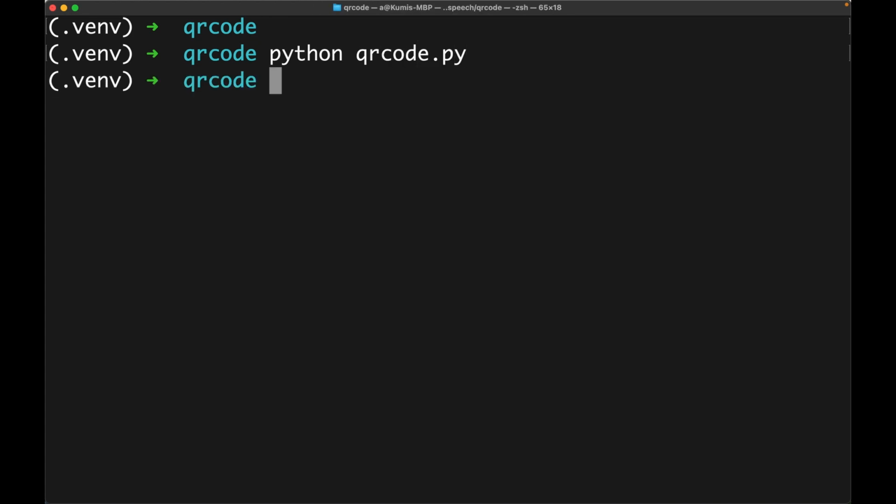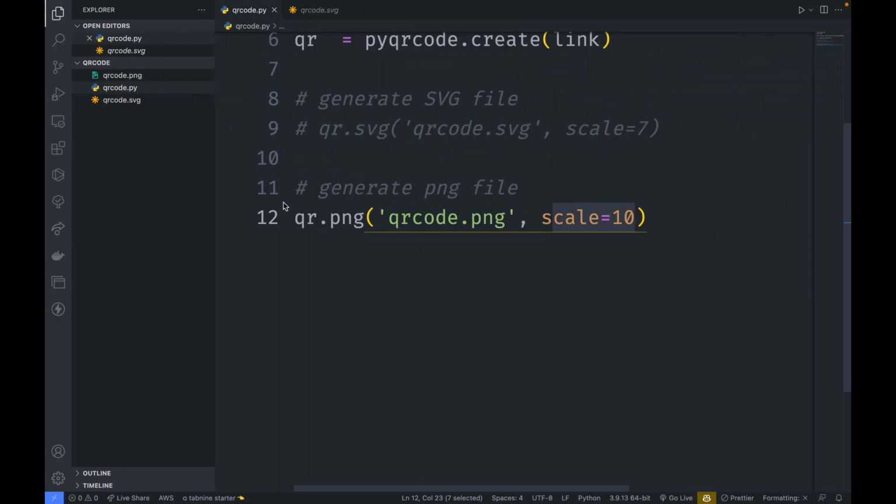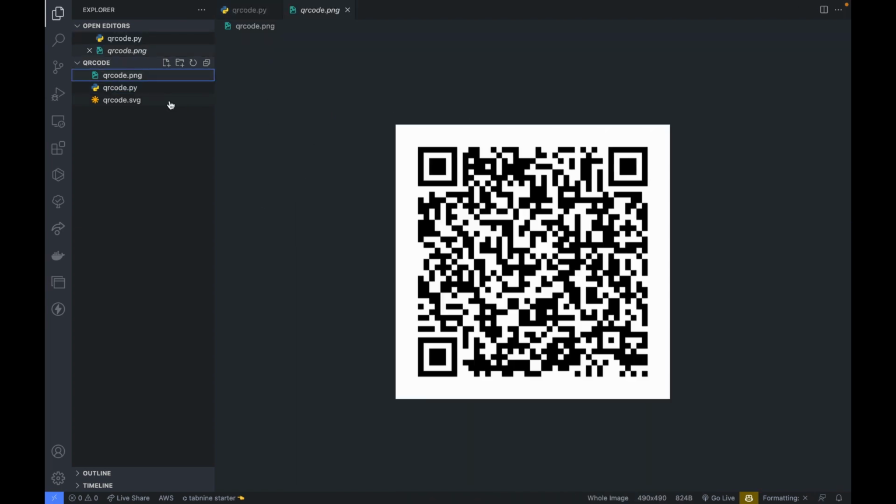I will hit enter. No error. So that means the QR code has been generated in the PNG format. So if I switch back to the VS Code editor, as you can see, we have a qrcode.png over here. So the QR code has been successfully generated for us.